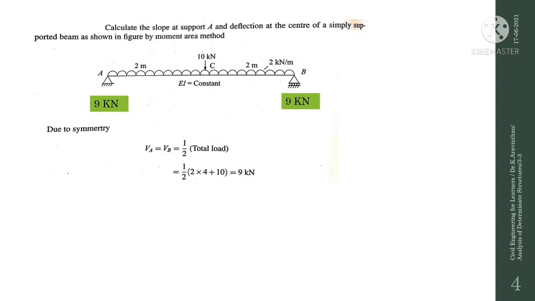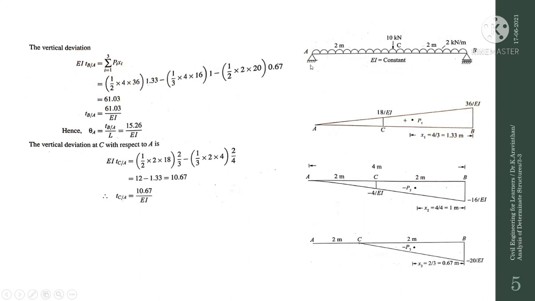After finding the reactions, you have to take each and every load and reaction, and find the bending moment. So first let us take RA and find the bending moment for each force. Due to RA, the distance will be 4 here. So 9 into 4 will be 36. This will be your bending moment at point B. You also need the bending moment at the center point, hence we take load into this distance. So 9 into 2 will be 18. So at the center point you will be getting 18 by EI.